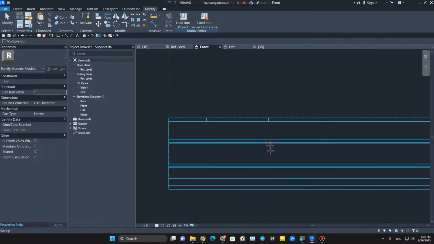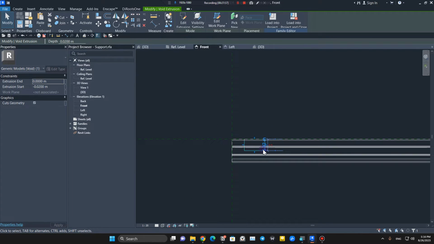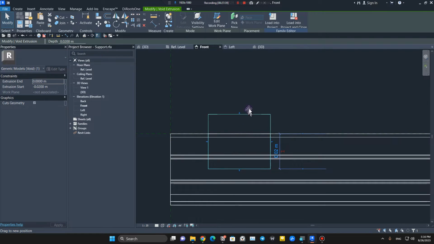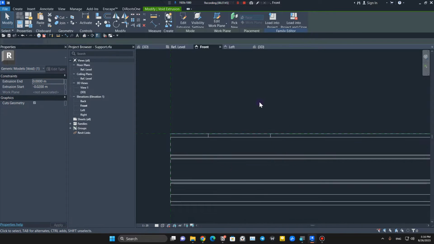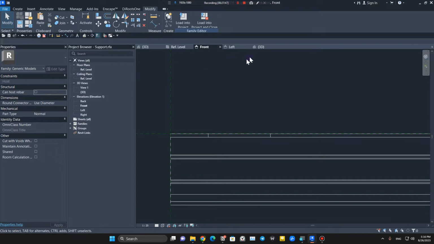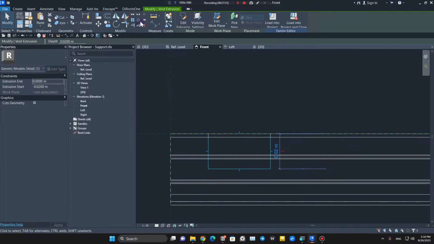this solid with this void in here, and now let's select this void in here, and then we can do the array. But before doing anything, make sure to lock the top of this void to this part and press the lock. And now let's go to the reference level, or you can do this even in here. Let's select it, press Tab to select it, and we can't do array in here, so we have to go